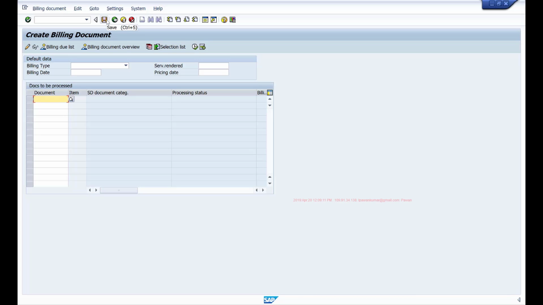It has its own menu, its own title, everything is coming up automatically. Even for selection screens, you just use the parameters or select options keyword and it provides a lot of functionality on the screen. You don't do anything more than just using the keywords. But when it comes to using these general screens, nothing is automatically provided. You have to design your own screen, you have to link your screen fields to your data objects, and you have to define your own menus, your own titles. So everything you have to handle manually.